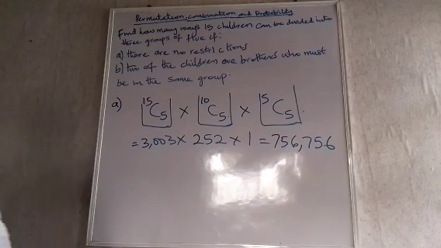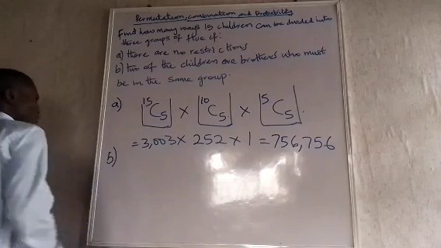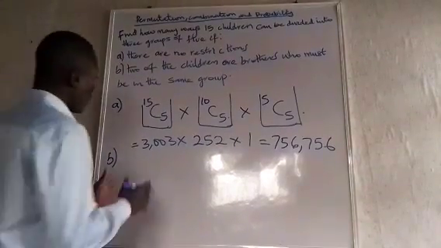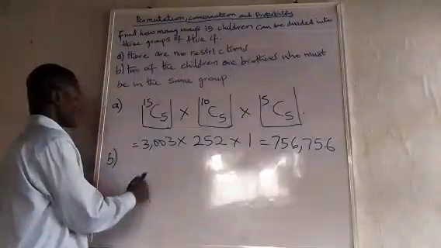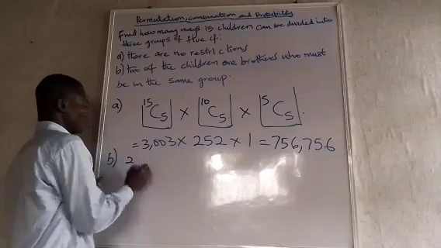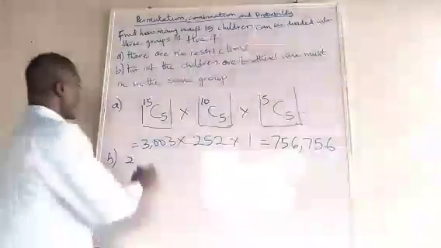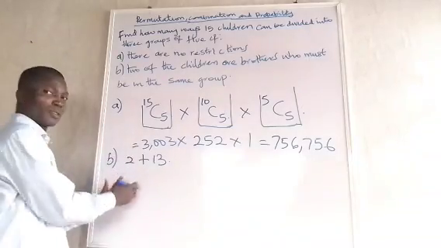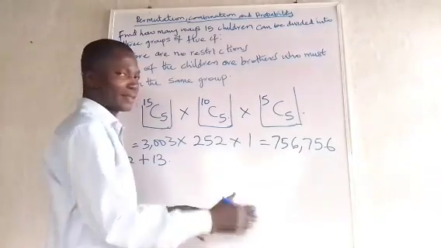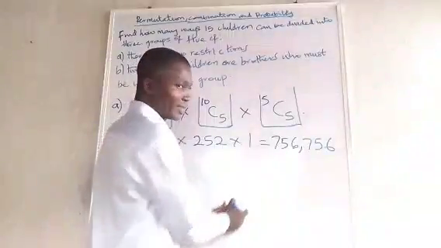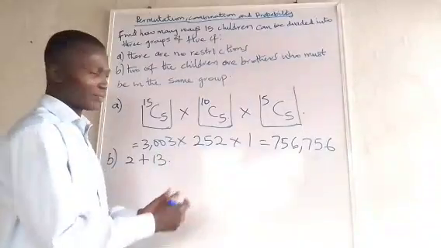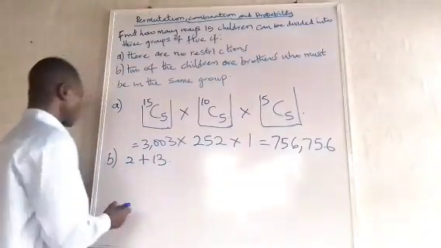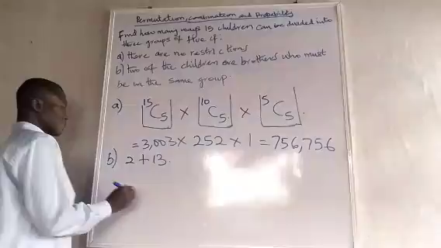Now let's check B. The second part says 2 brothers must be together. What does that mean? It means that we have to remove the 2 brothers. That is, we have 2, then we are going to have 13 left. Now that we have these 2, it means that we have to divide them in such a way that 3 will be left in a place. And once 3 is left in a place, we will be able to add that 2 to the 3 left. So this 13, we can divide it like this: